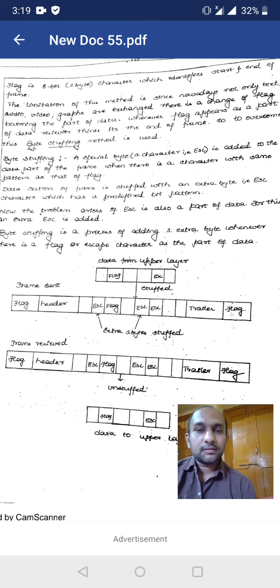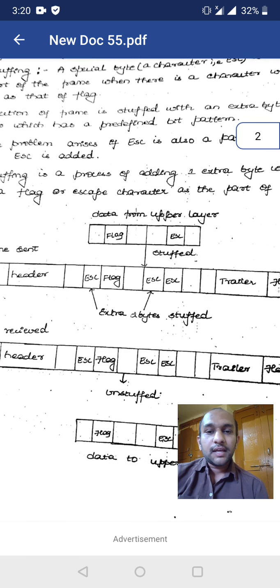We have bits which are the same as the flag, and one more set of bits which are the same as the escape bits. At that time, before the flag we add an extra bit, that is, an escape bit. In the diagram they have shown 2 extra bytes stuffed, meaning 2 bytes are added to our original data.